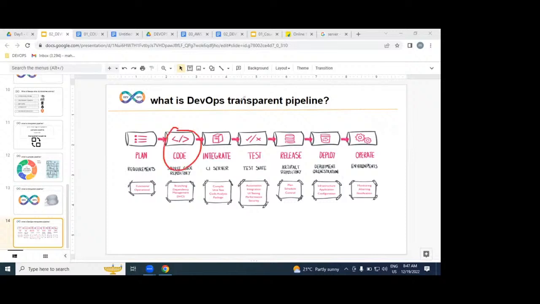In the dev environment, we are not writing any code. Writing the code is the responsibility of the developers. After the developer writes the code, that code is going to be maintained by the DevOps engineer.